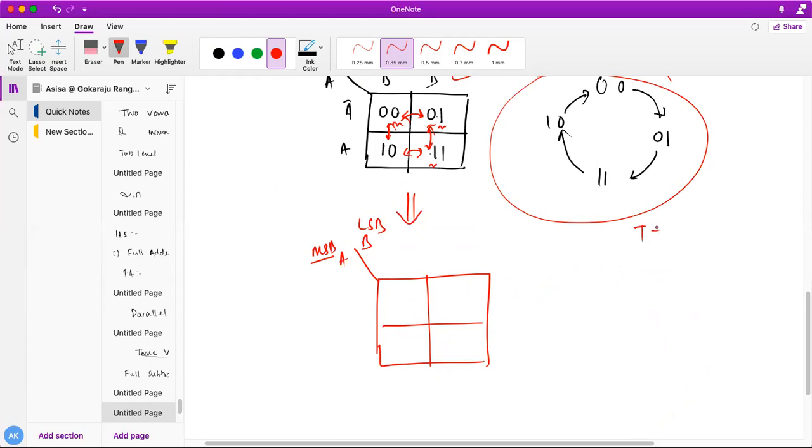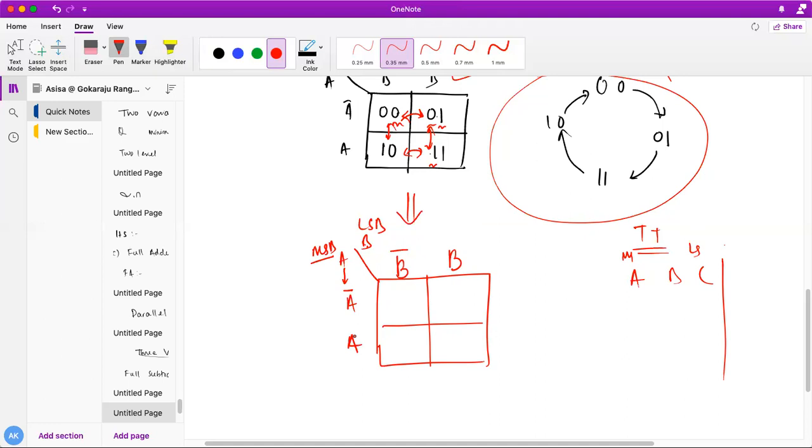Let's say a truth table A, B, C is given to you. So this is my MSB, this is my LSB. Do you all understand? You always have to keep the MSB here and the LSB over there. So what are the possible combinations of B here? Either B bar or B. And for A, the possible combination is either A bar or A. Understand? It's very simple, nothing else.